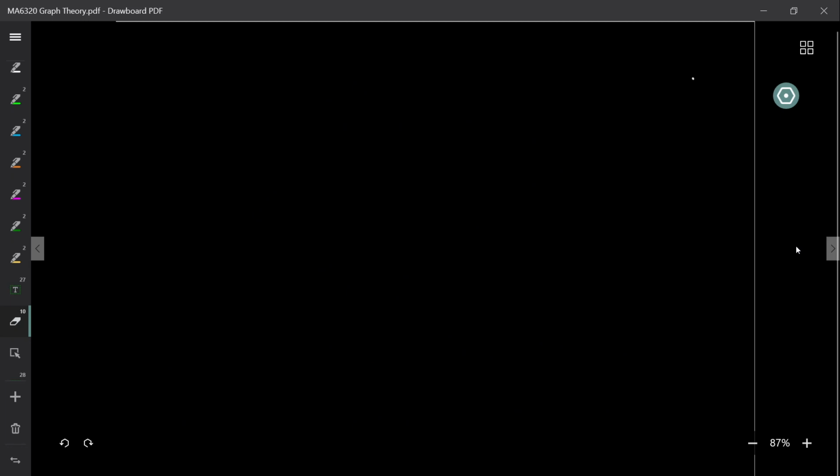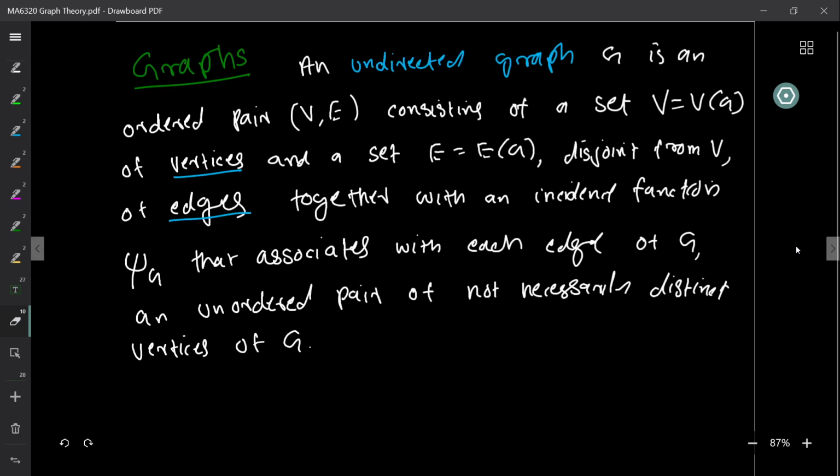Now, let us formally define what a graph is. Okay, so we start with undirected graphs. An undirected graph, let's say called G, is basically a pair of sets V and E, where the set